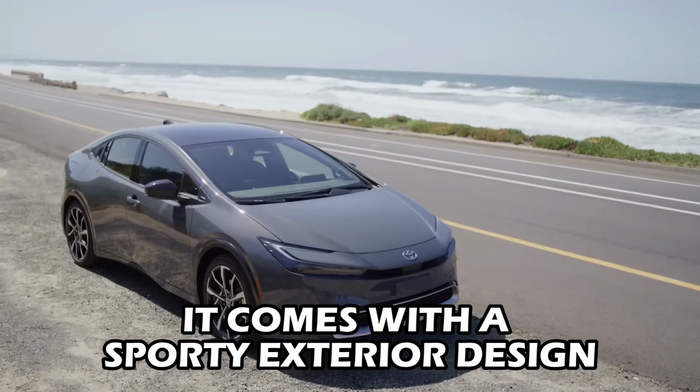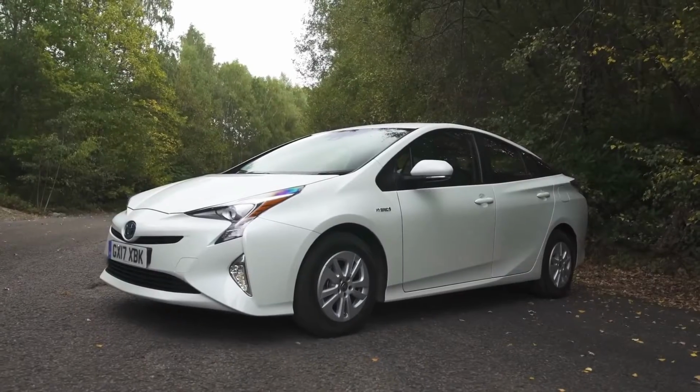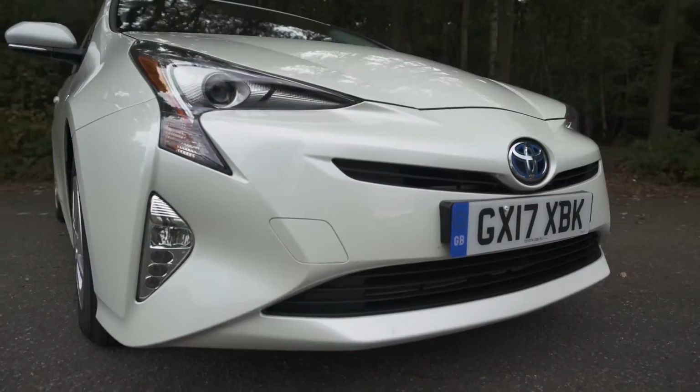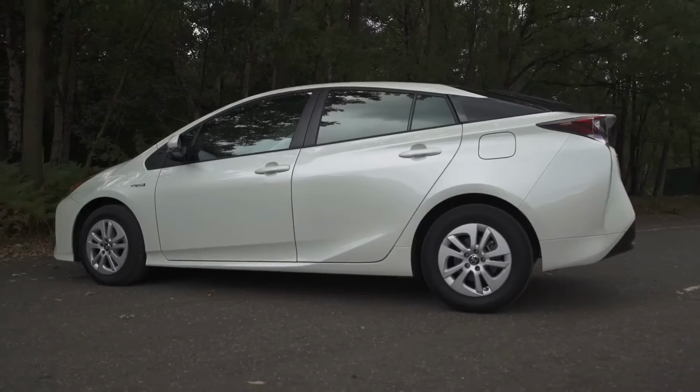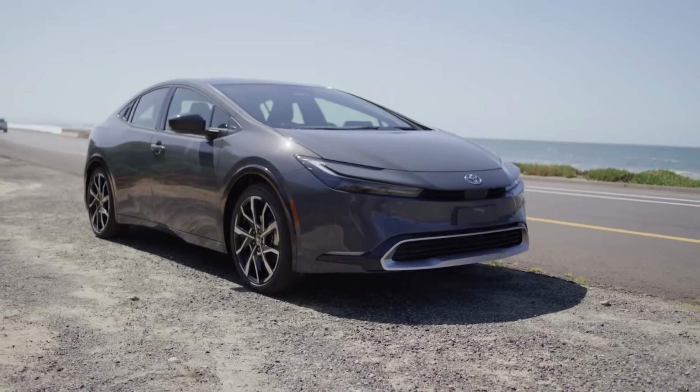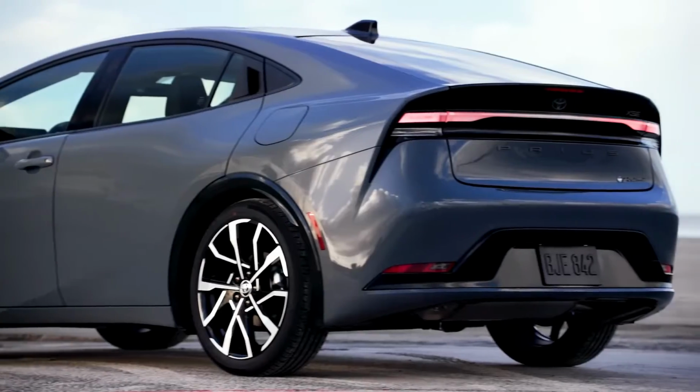It comes with a sporty exterior design. The Toyota Prius is notorious for having an ugly exterior design, often making it to lists of the ugliest cars ever made. However, the Prius finally seems to be shedding these labels of old and coming into its own with